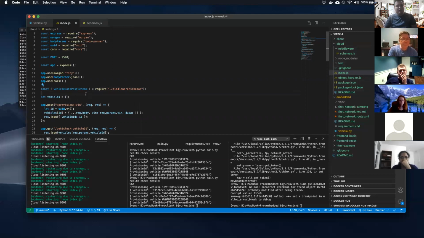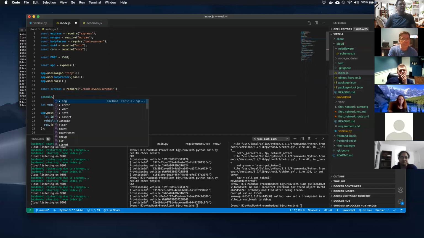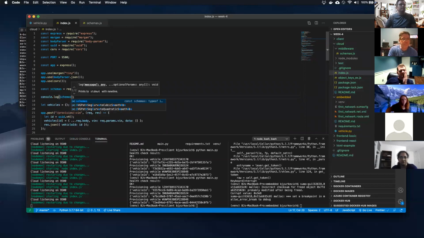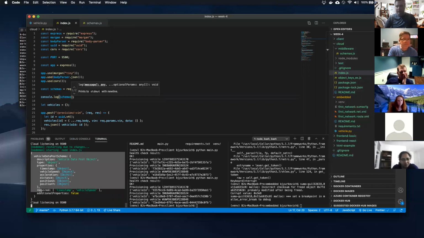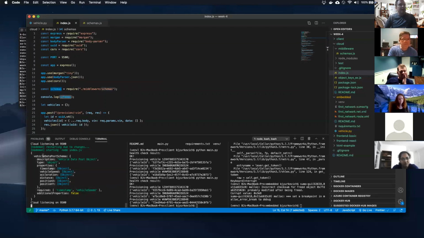What I'm doing there is what I'm calling destructuring. Because as it turns out, if I take this down and I just say schemas equals, and let me console log schemas, you'll notice that I just printed out the import. It printed out an object with one key of that vehicle data post schema.